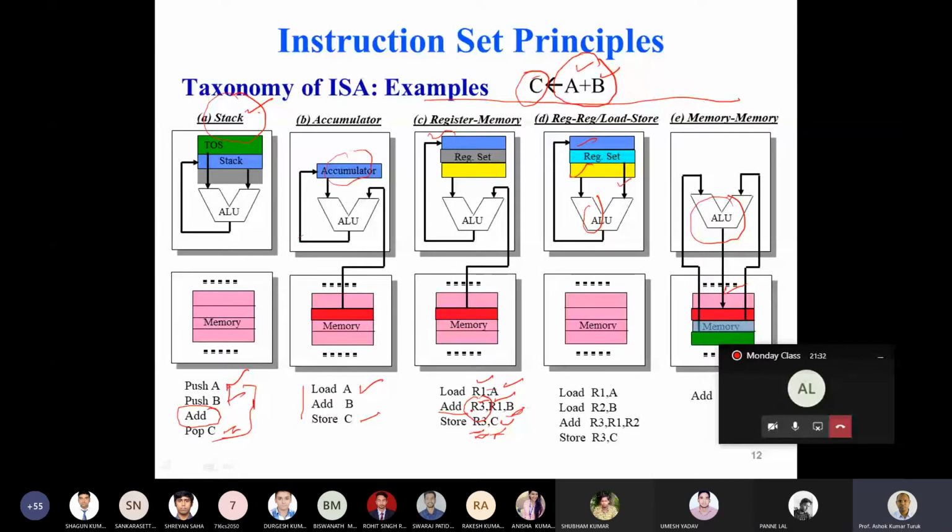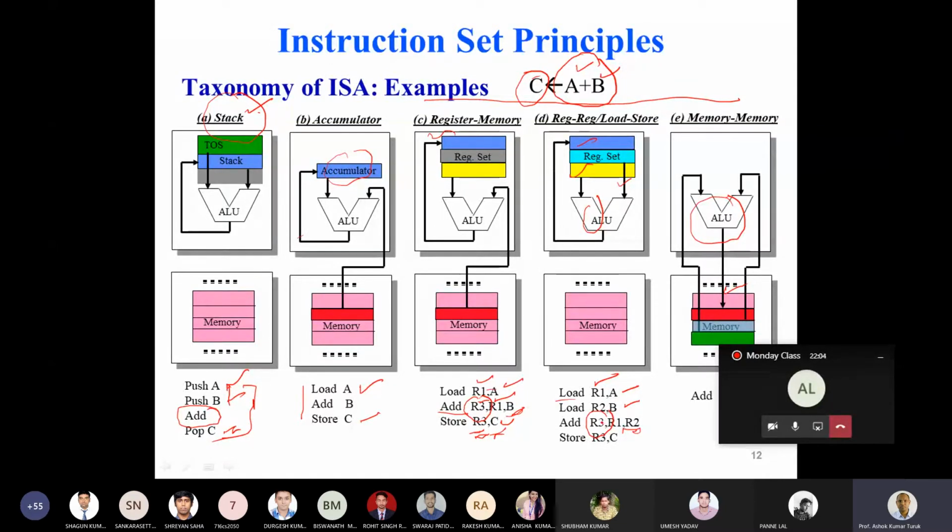Now let's look at the load and store architecture. In case of a load and store architecture, both the operands must be present in the register. So you read from the memory location and store it in register R1, read the memory location where B is stored and load it in the register R2, and perform the addition operation R1 plus R2, storing in the register R3.